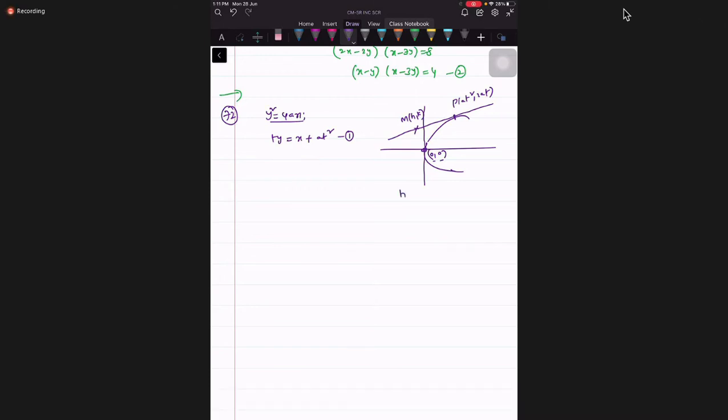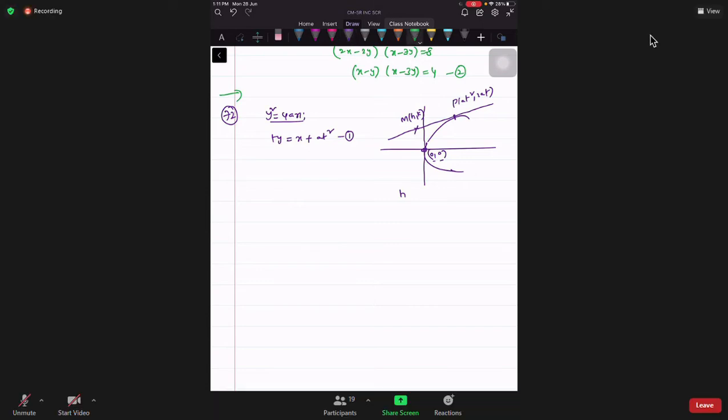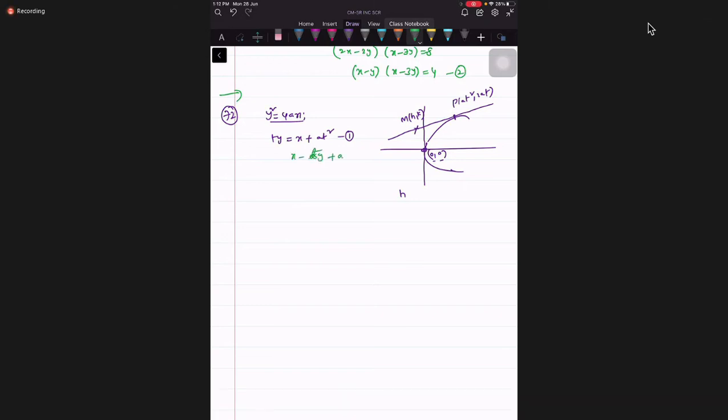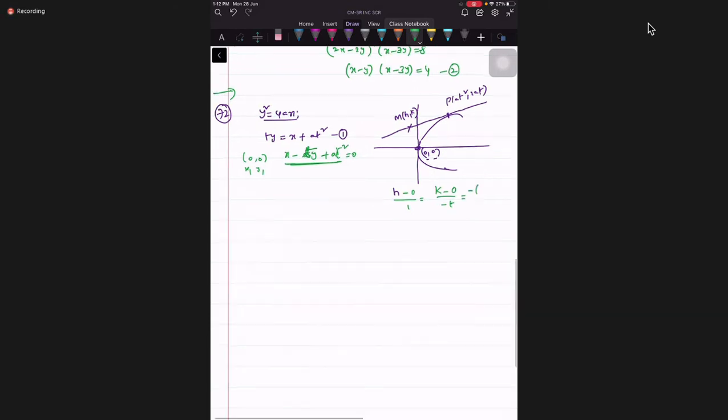So now you know this, right? How to find the foot of the perpendicular if you apply the straight lines concept here. The line is x minus ty plus at square equal to 0. This is our regular straight line. In the place of point (x1, y1), you can use 0. So (h minus x1) by 1 equal to (k minus y1) by minus t equal to minus (a x1 plus b y1 plus c), with x is 0, y is 0, so at square divided by 1 plus t square.